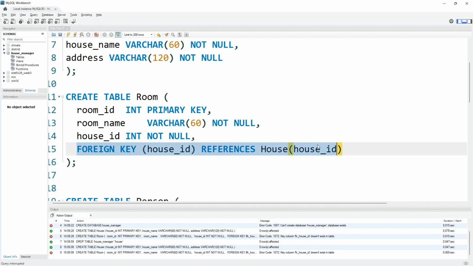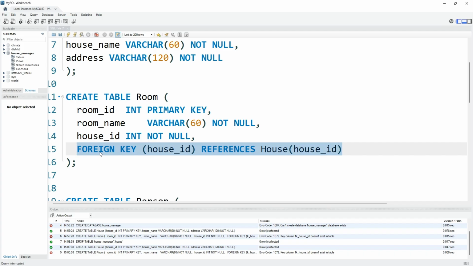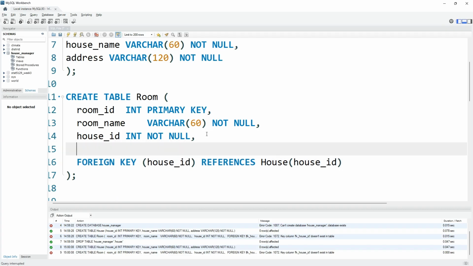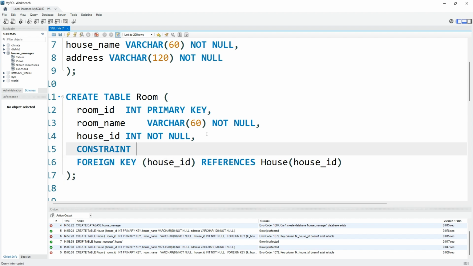There are other ways of also defining a foreign key, because the way that I've defined a foreign key here, I did not explicitly name the foreign key. Of course, I've given the name of house ID, but the foreign key normally is a constraint where you can name it. For example, you could add an additional line here. You would say constraint, and then you will give it a name. Let's suppose F key, room, house,